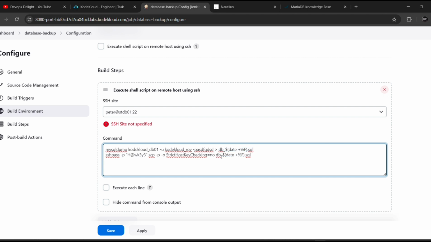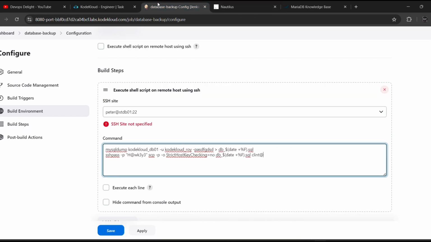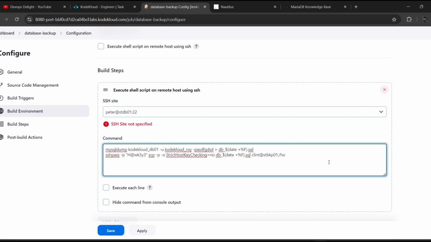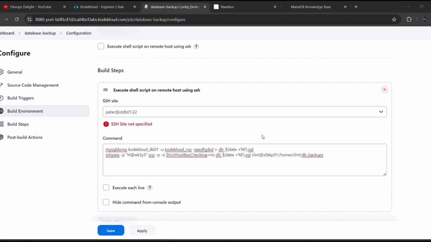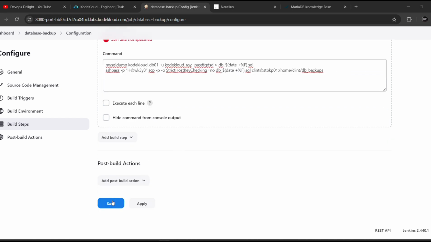and then what is the destination. Okay, clint@stbkp01:/home/ where is the path? Let me copy it, go back here, paste it. Okay, so we don't need to select this anyway, it is going to run one by one. Now let me click on save,